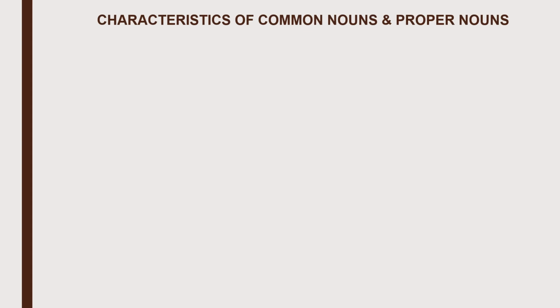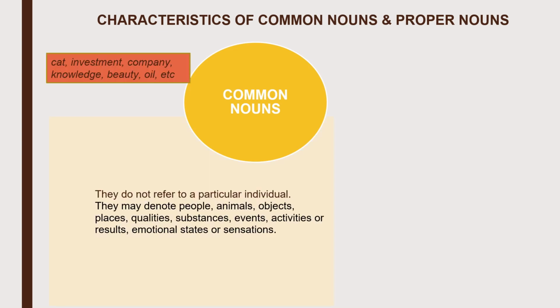Nouns are divided into three types. Common nouns do not refer to a particular individual within the class they belong to. They have properties common to the whole class that noun belongs to. They may denote people, animals, objects, places, qualities, substances, events, activities or results, emotional states or sensations. For instance, the noun cat designates the set of beings that are characterized as domestic mammals that belong to the